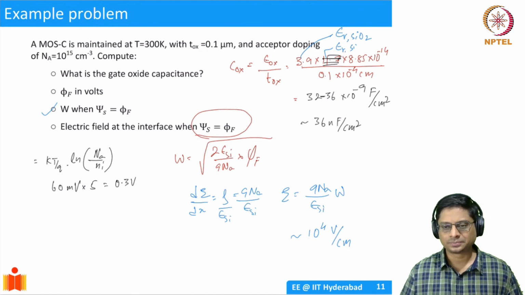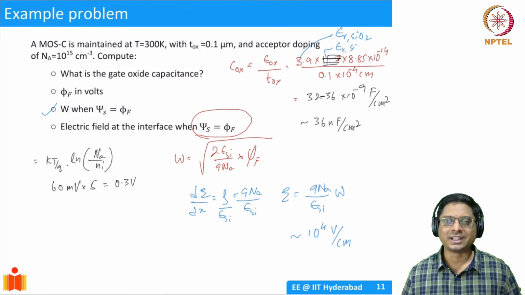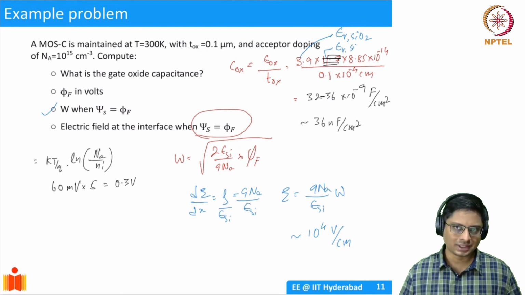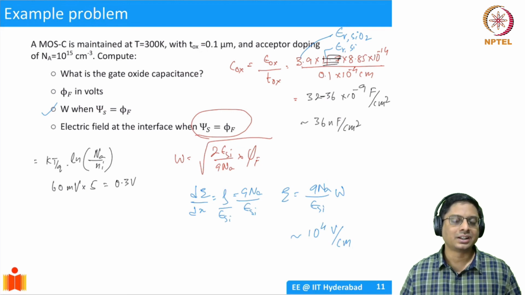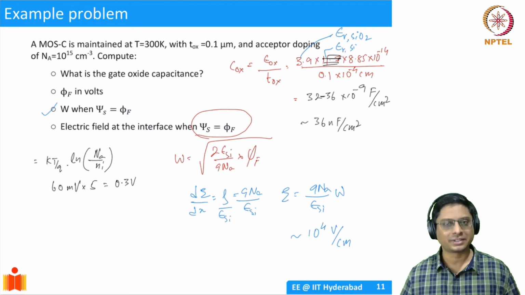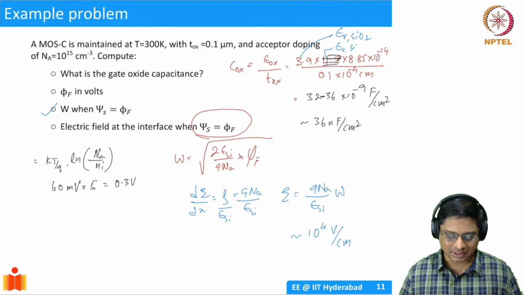I know I have spent a lot of time explaining the concepts this week, but those are essential to understand MOSFETs in depth. Otherwise, if you ask built-in voltage, you will say that it is simply ln Na Nd by Ni square or things like that. The formulas are meaningless unless you have a physical understanding. Np equal to Ni square is meaningless. We need to understand what it means. Np is not equal to Ni square, right? We need to understand all these physical things. Only then will we understand it in depth.